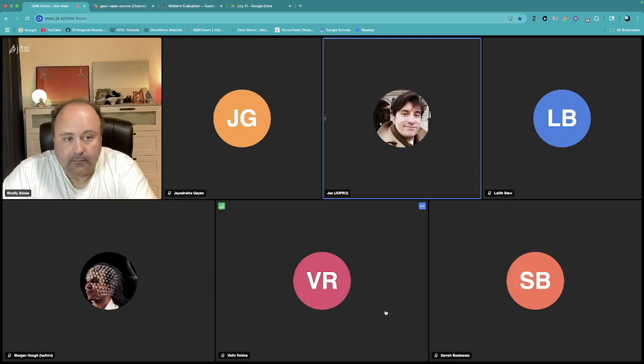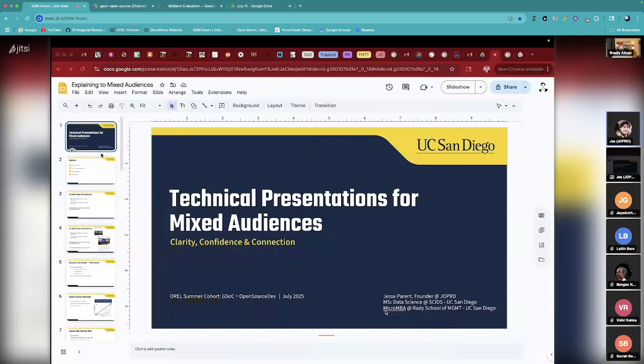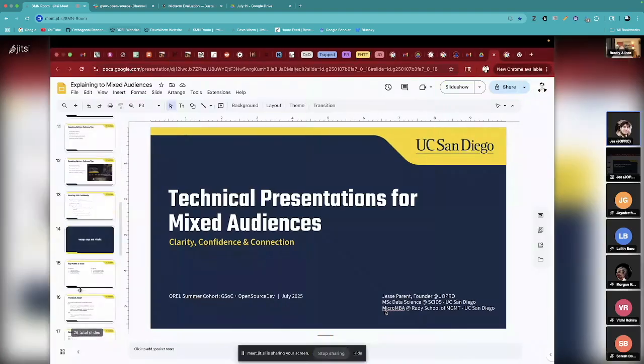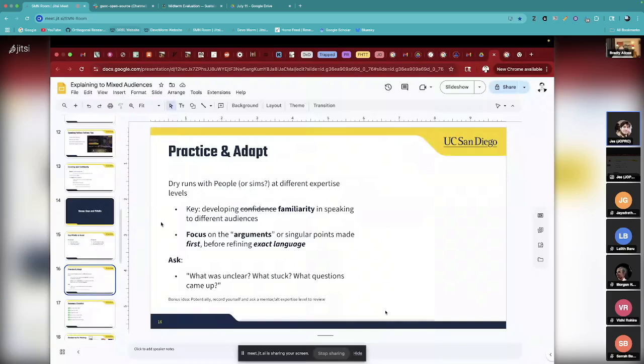And in addition to understanding what it's like as a presenter who does something more often than not, I'm going to do one more teaser thing, because it's right here and I really like this point. I say this here: drivers are people from different expertise levels and so on. And I say developing familiarity. I cross out confidence and write familiarity in speaking to different audiences,